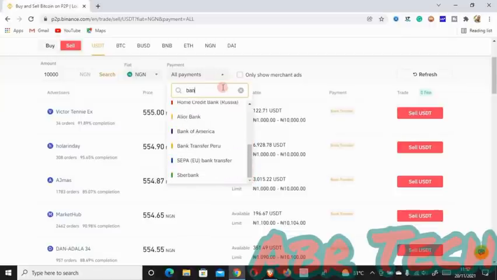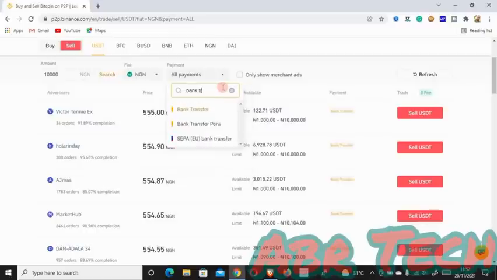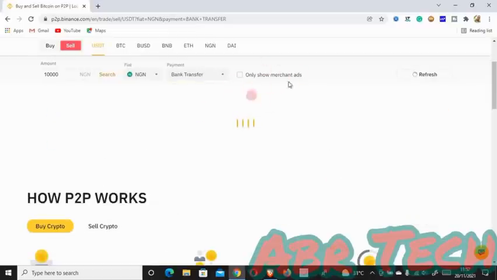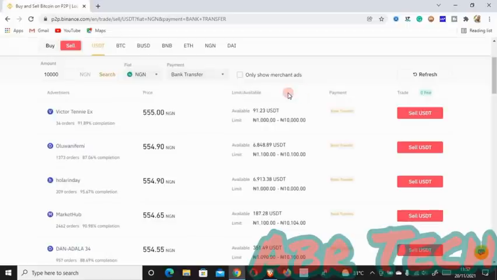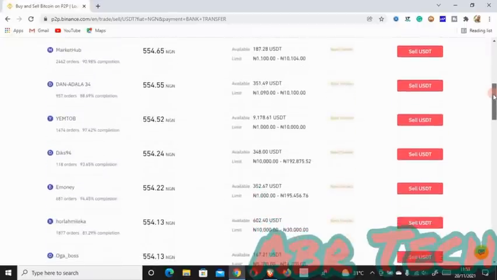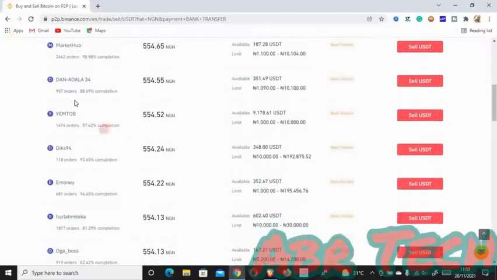Every other payment method, they have numerous payment methods here, but we're going to be using bank transfer because that is the most available in these crypto banned countries. Okay, so following that option, the first buyer, the person you are selling to, who is buying from you, is at 555, the rest are 554.24. All right, their prices are quite